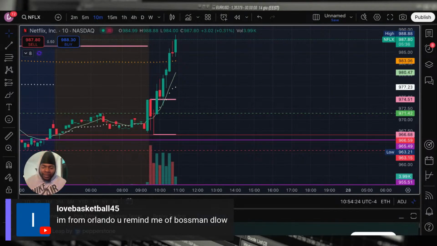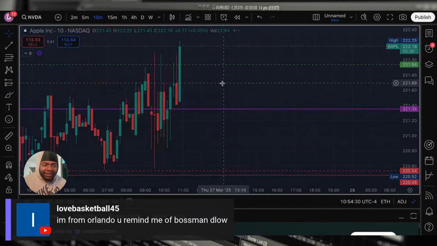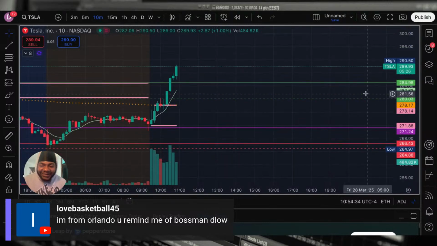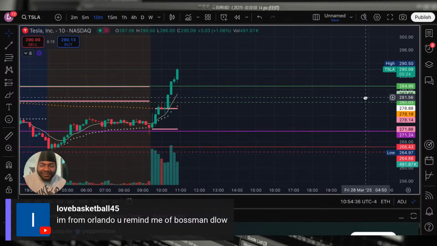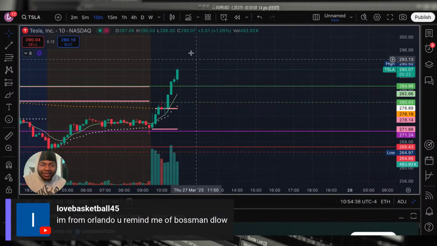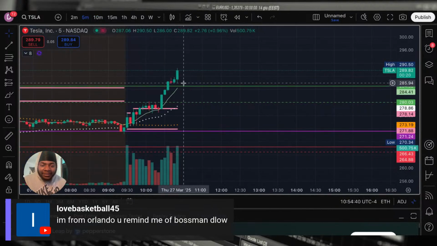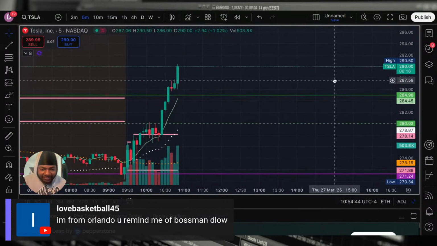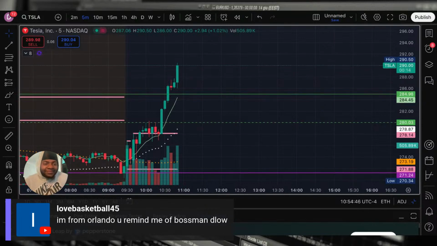I'm from Florida, though. Damn, he said he just got 36% on Tesla. I'm probably talking. I could have caught that too. I seen it. Ew, Tesla taking off. I'll probably wait on the retest right here. If I do, oh shit, and it pulled back. Damn. I hate missing Tesla sometimes. Good shit, Johnny.